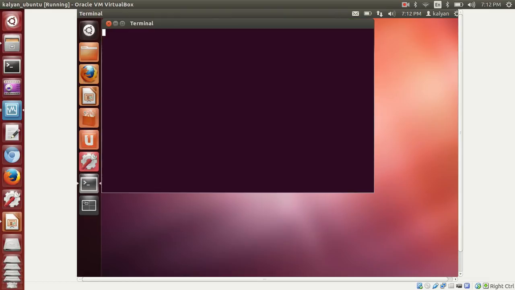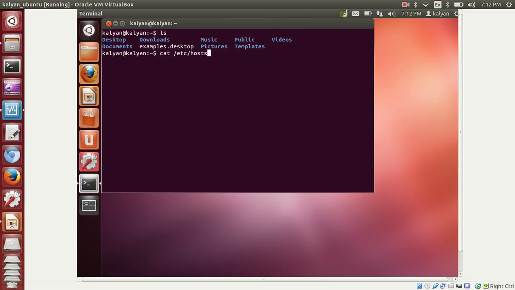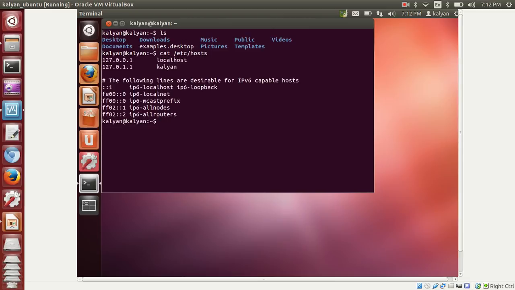So this is the terminal. If you click on that one, it always shows you the first one is the username, the second one is the host name. Both of these we gave as part of the Ubuntu installation. So now you can practice your Linux commands. ls is the list command, it will list out the files. You can use the cat command to verify the file content. There is a file, etc hosts. If I give this one, it will display the content of the file. Like this you can run any kind of commands in Ubuntu now.